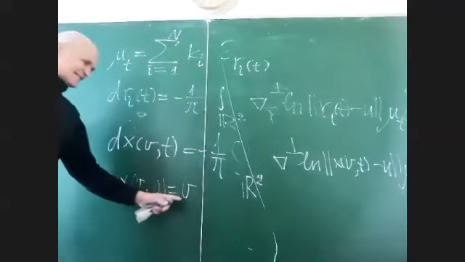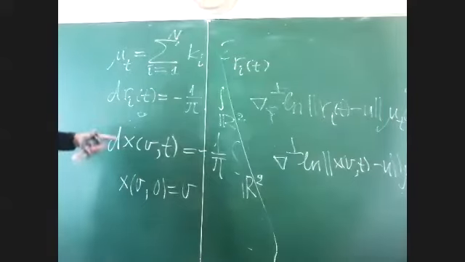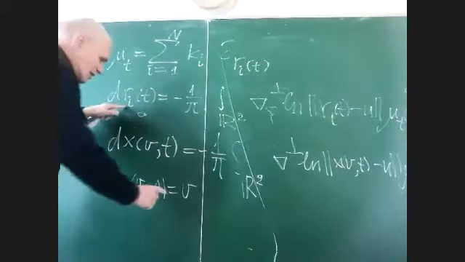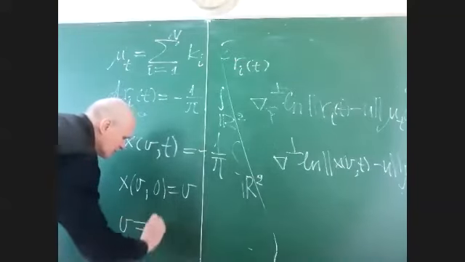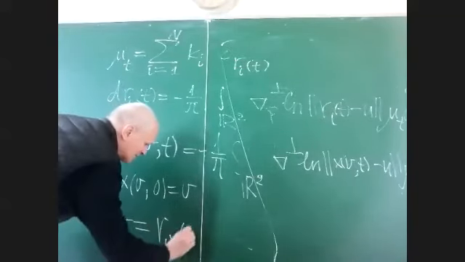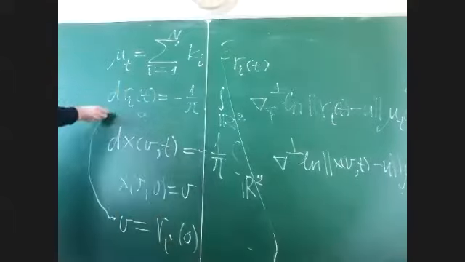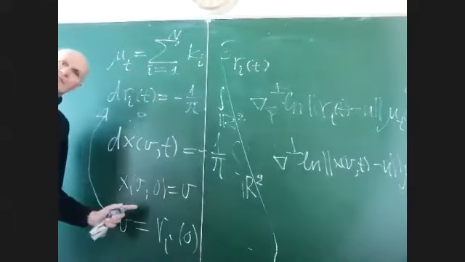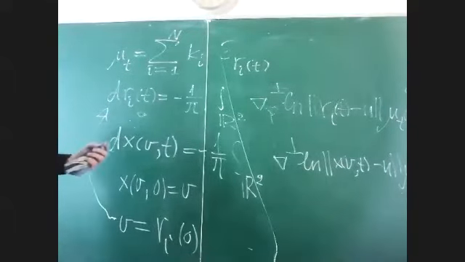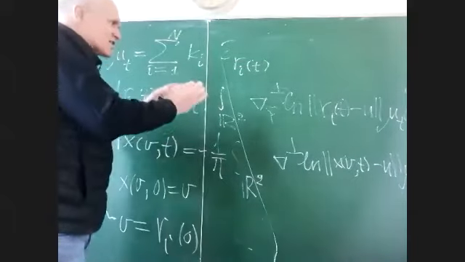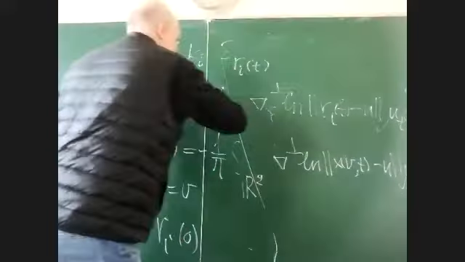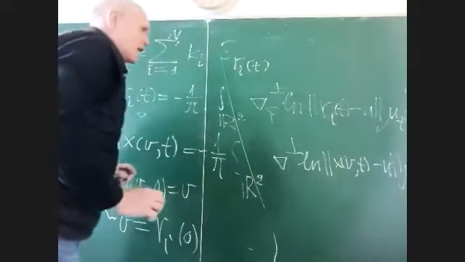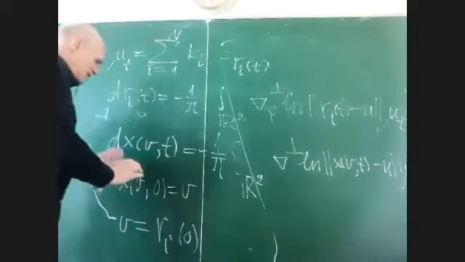One can see that if this v is equal to the initial vortex, then we get the same equation. So we enlarge our Helmholtz system to the family of equations,